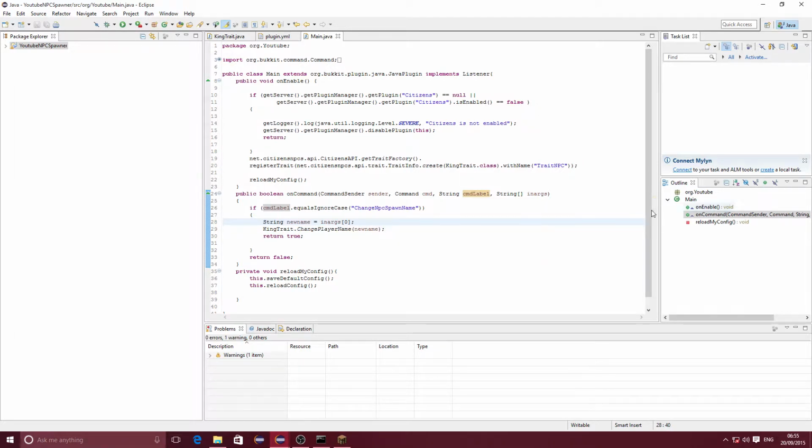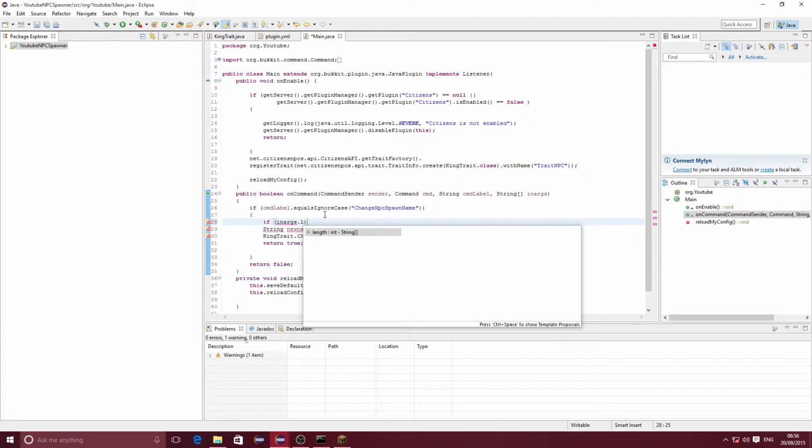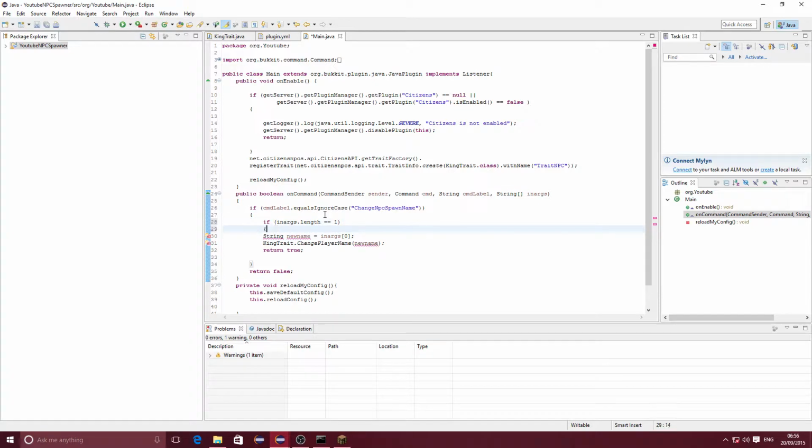So what we need to do is go into our traits. We need to do another if statement. If args get the length is equal to 1, then do the statement. Else send a command to whoever sent it to me. So we can do sender dot send message, and we can do slash, get the name,